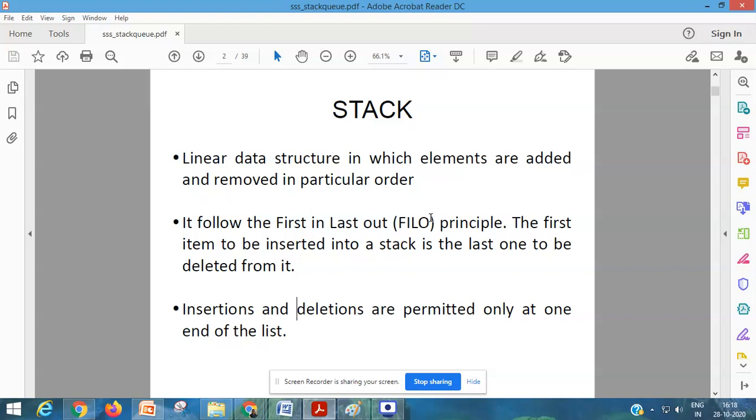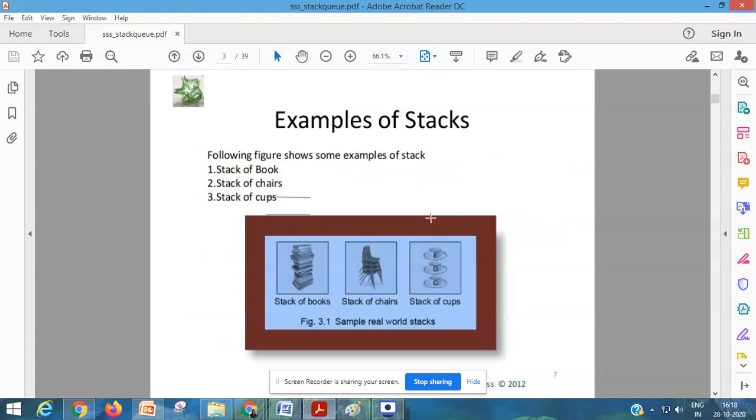Let's look at a real time example so you can understand the example of stack. Stack of books, stack of chairs, stack of cups. Let's say there are three cups.